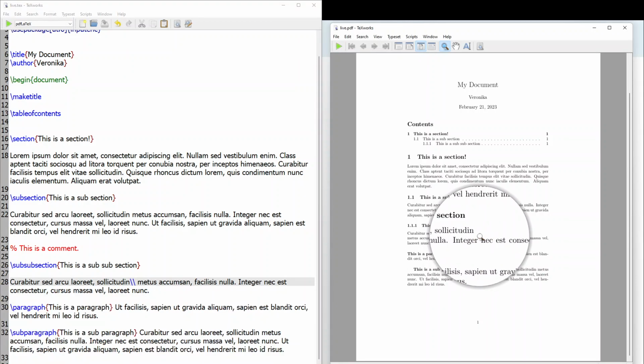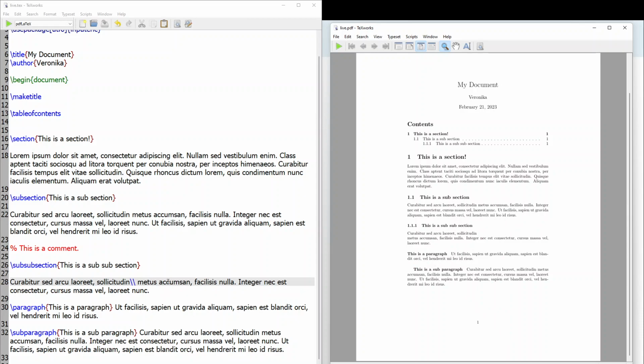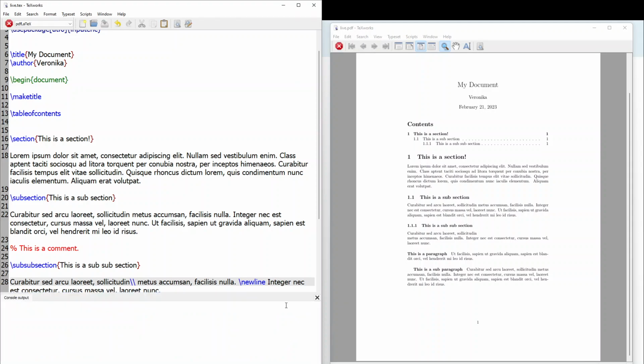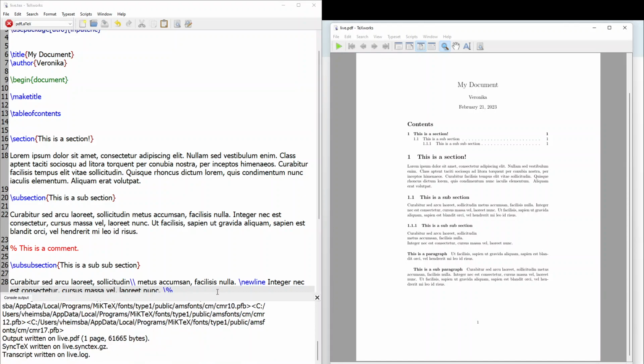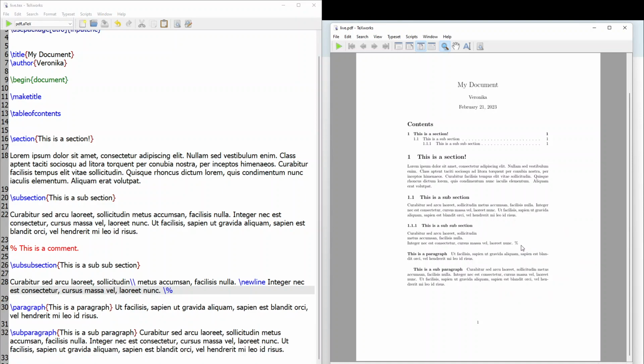You see, we got a new line. And you could also write \newline. But the shorthand for this is just double backslash. So, how do we write percentage, you ask? Well, you have to put a backslash in front of it. And that's the case for many, or not many, but some